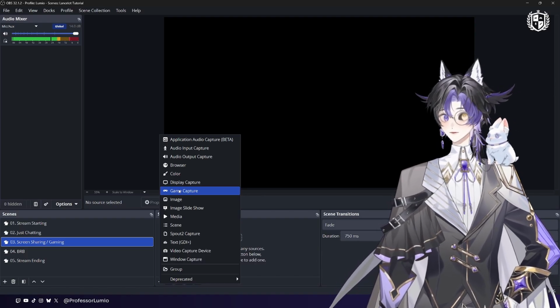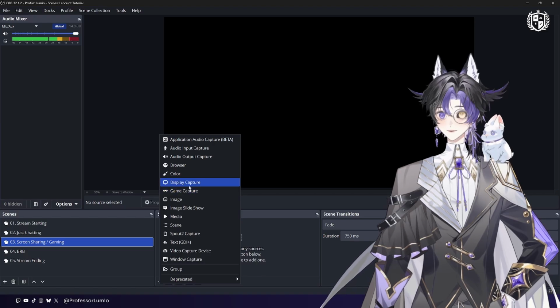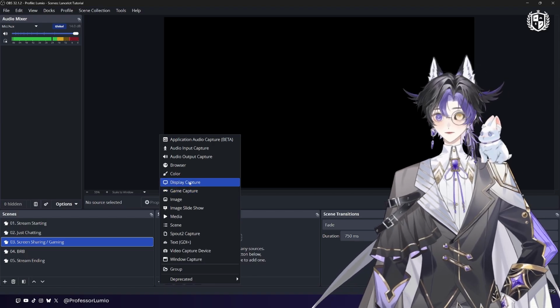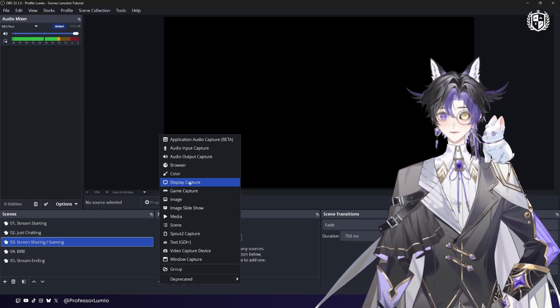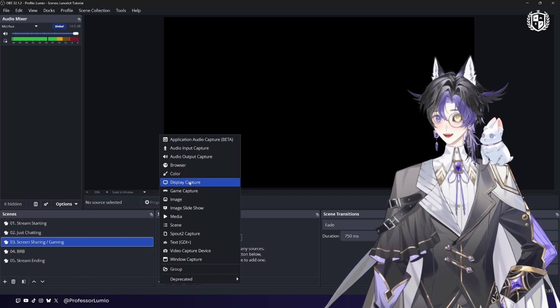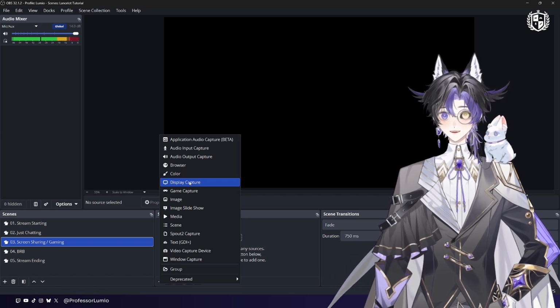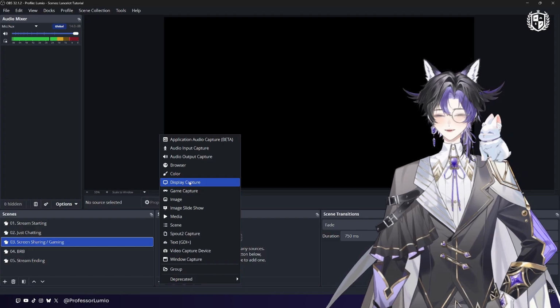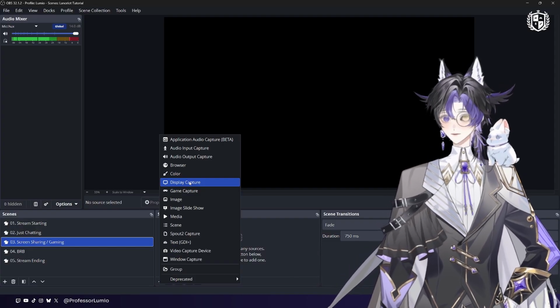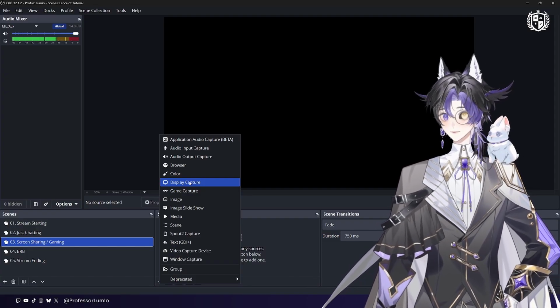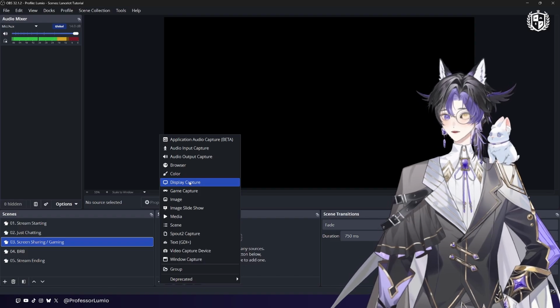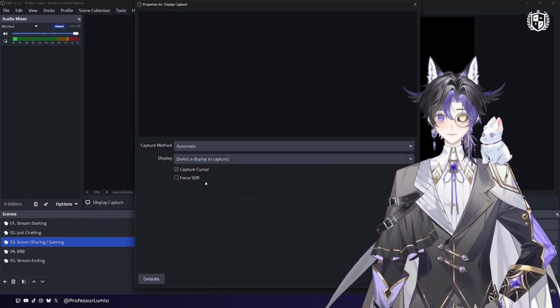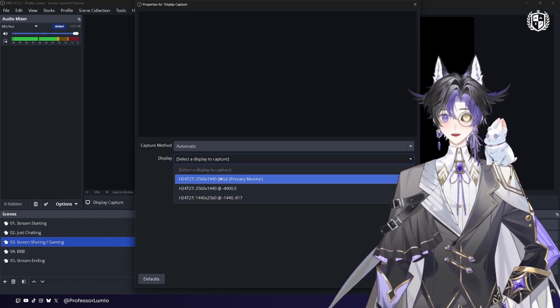However, I do use display capture, and the reason for this is game capture can be a little bit more to manage and it can cause a few more issues. So personally, I just like to avoid the headache and say, I'm gonna record whatever is on this screen. It's also good if you just want one scene for drawing art, or if you're doing things in a browser like YouTube or TikTok. So I'll do display capture first, and I leave that as automatic, and we'll just choose